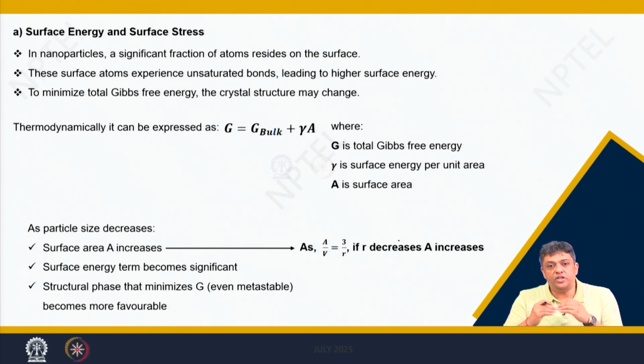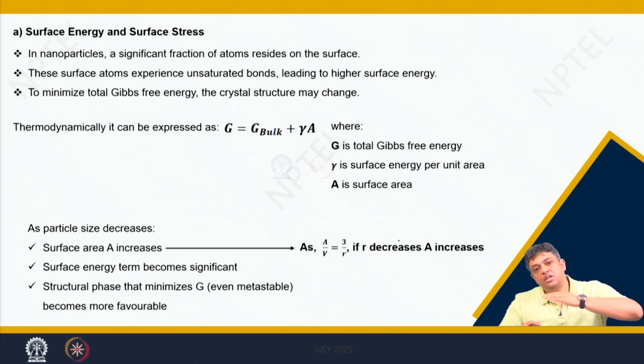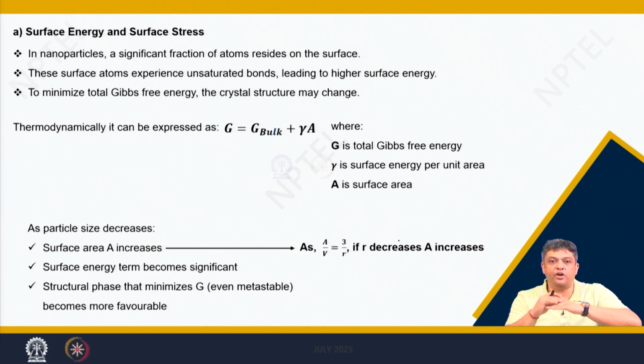What is happening in a nanomaterial? We have seen that more number of atoms are actually coming to the surface. The counterpart, that is bulk, had a lot of atoms in the bulk also and on the surface, but here the number of atoms in the bulk are eliminated because you are reducing the size. So, this structure is now enforcing a condition where most atoms are coming on the surface.